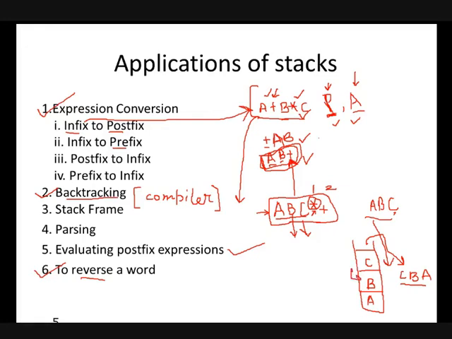So if you are having a sequence of these characters, and once you found that you have entered B, but at that time you remember that this is not the correct sequence, and the next character should be C in place of B, then in that case you can backtrack, means you can go to another branch also. That is called backtracking, and it is a concept we generally use in making the syntax tree or in the compiler to check for the correctness of some given expressions. Regular expression, context free grammar, some concepts are there.